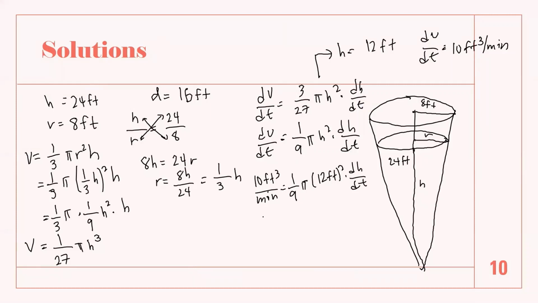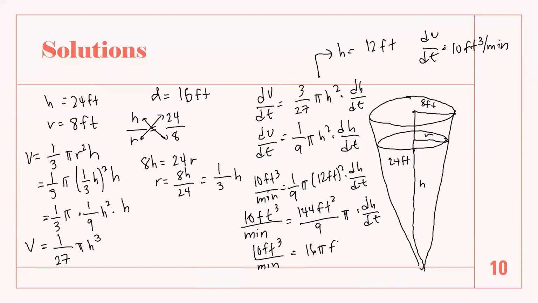So what we are going to do is simplify according to the PEMDAS rule. Okay, when we say 12 feet squared, it becomes 144 feet squared. Then over 9, then pi, then dh over dt. So we're going to divide 144 by 9. So the answer is 16. So, 10 feet cubed per minute equals 16 pi feet squared